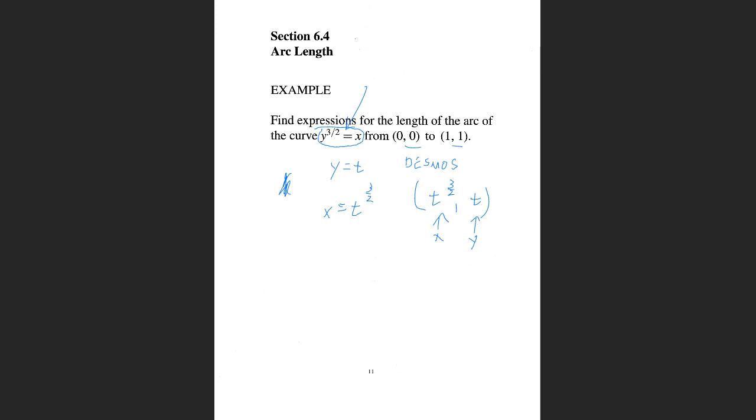By the way, for this problem, what would t go from? If we're going from the origin to the point 1, 1, that's right. Good. That's right, Jonathan. T would go from 0 to 1. Okay, so in Desmos we go,